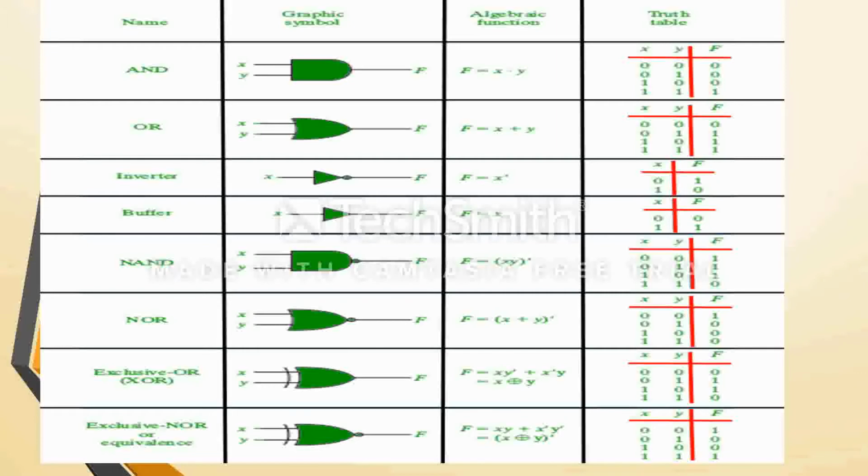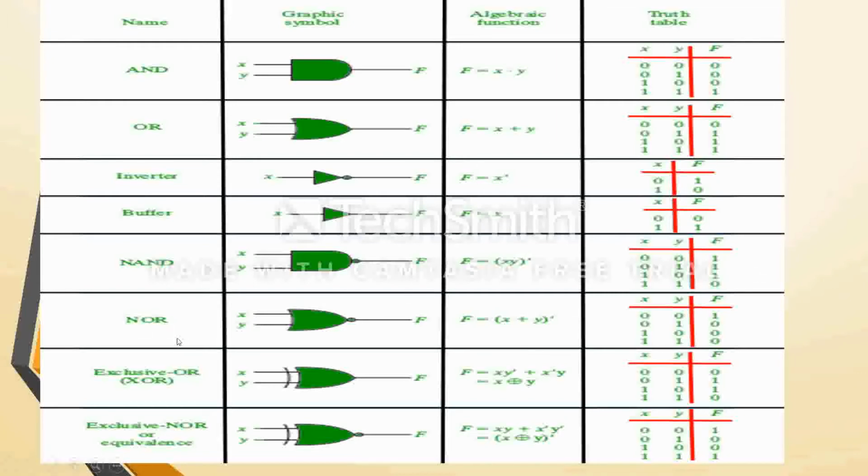One question is asked in your question paper: which gate is obtained by adding a NOT gate to the AND gate? See, if you look at the graphical symbol, this is similar to your AND gate except this bubble. From where do we get this bubble? If we add a NOT gate to your AND gate, then it becomes a NAND gate. So it is a complement of AND gate. Similarly, the truth table is like this. Whenever both the inputs are high, then only the output is low. Otherwise, the output is high.